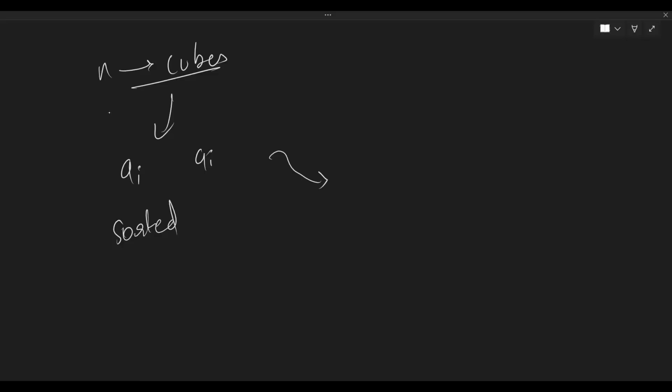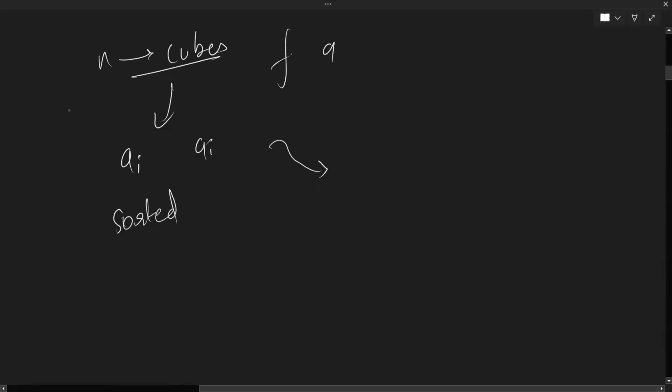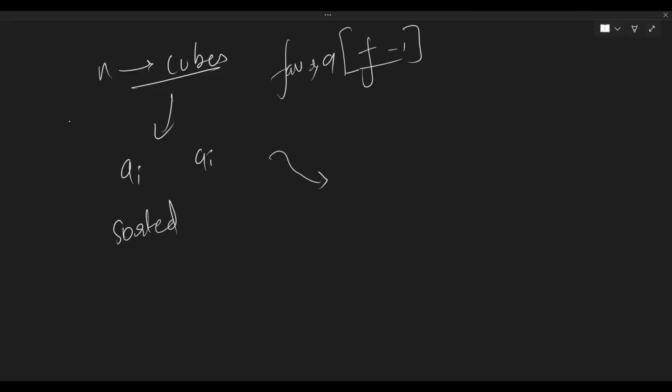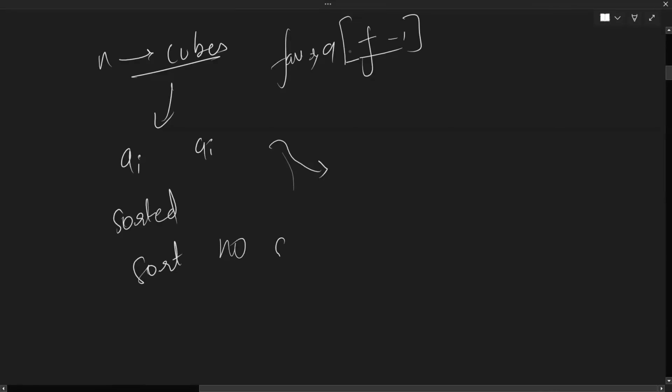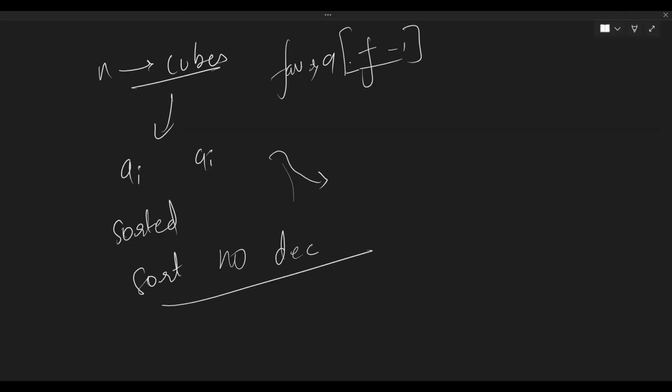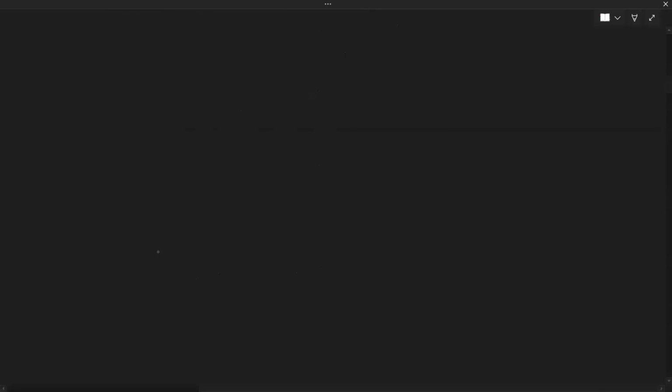So first of all, just find the value of the favorite cube. The f-th cube is the favorite, right? So if indexes are starting from 0, we can find the favorite cube's value after the cubes are rolled. Then we can sort the cubes, and once we have sorted them, just check whether k is equal to n, or A of k is less than